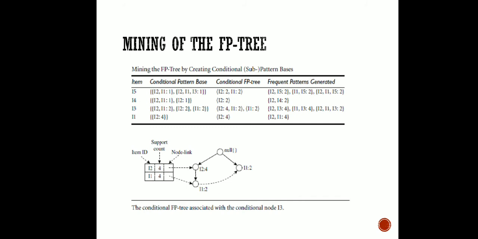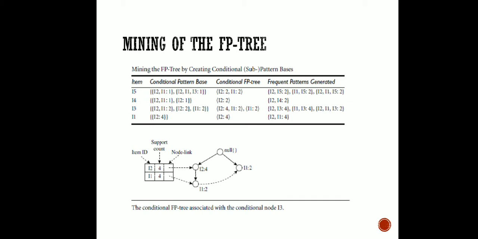If we consider it for I1, I3, I4 and I5, remember we are not doing anything for I2, because it was the most frequently occurring pattern, and it was directly connected to the root node, right? So here we are not going to generate the conditional pattern base for that I2 node. So see here that we have successfully generated the conditional pattern base for I5, I4, I3 and I1. So we have seen how to generate the conditional pattern base. From that we have learned how to find the conditional FP tree, and we have found the different combinations possible.